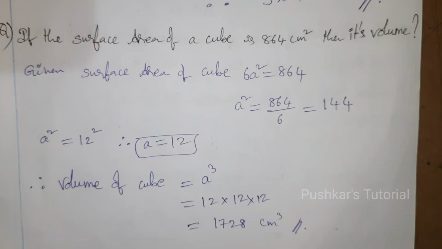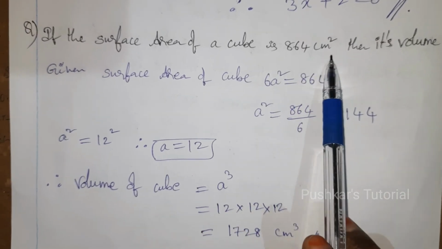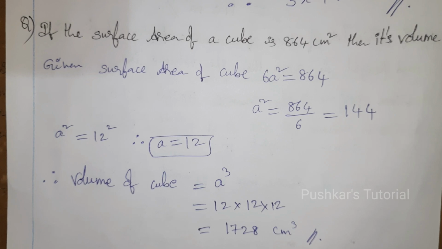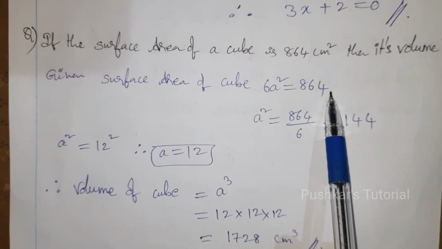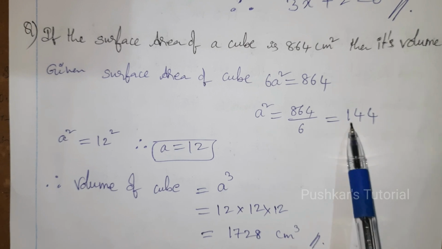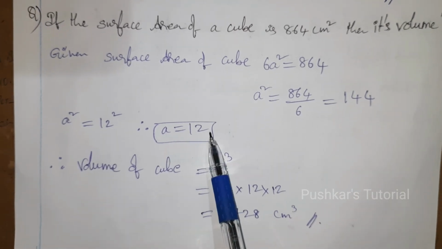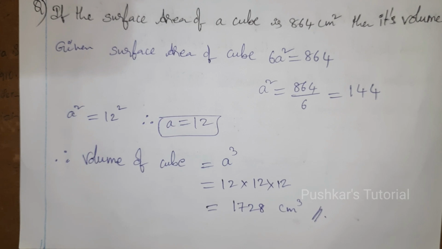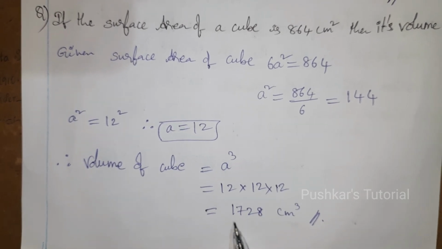That is the answer. If the surface area of a cube is 864 centimeter square, then find its volume. So the surface area of the cube formula: 6a square is equal to 864. So 6 ones are 6, 144 after cancelling. So a square is equal to 12 square, a is equal to 12 centimeters. So the volume of the cube formula: a cube, 12 times 12 times 12. The final answer is